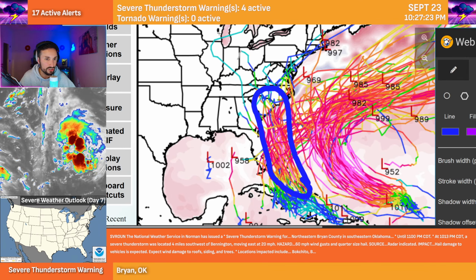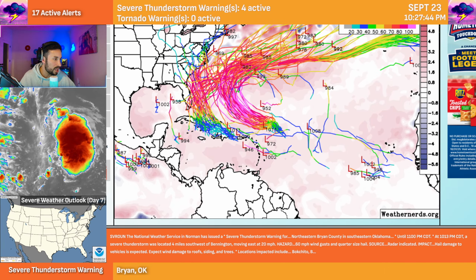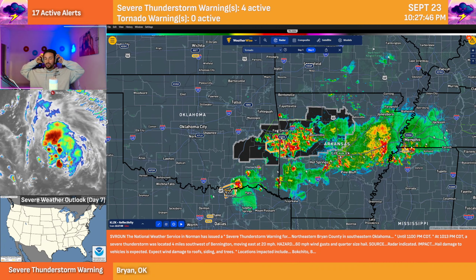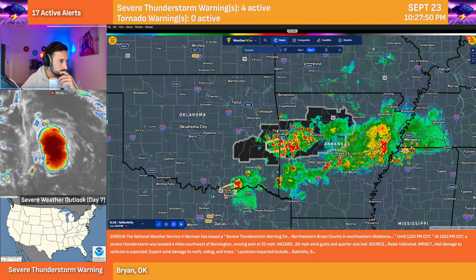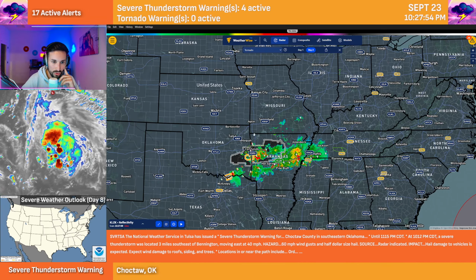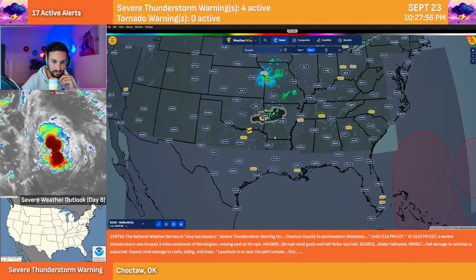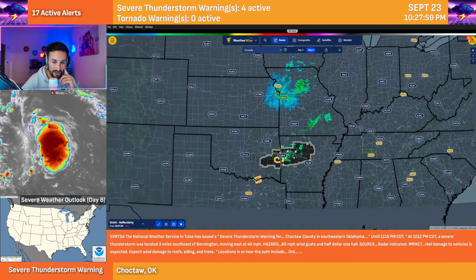They just extended the tornado watch. They did just extend the tornado watch. Kansas City, you guys looking good up there. Kansas City's looking fine. Some light showers maybe, but you guys looking good. We are watching